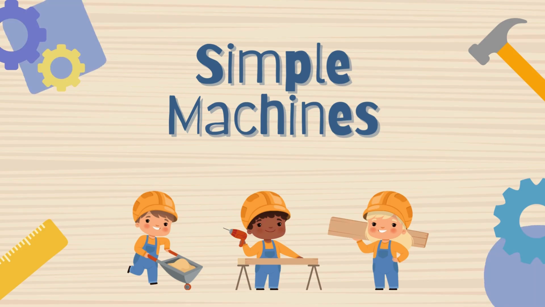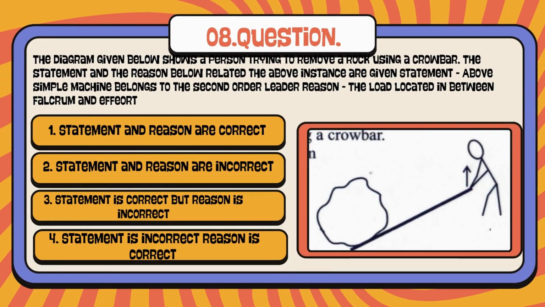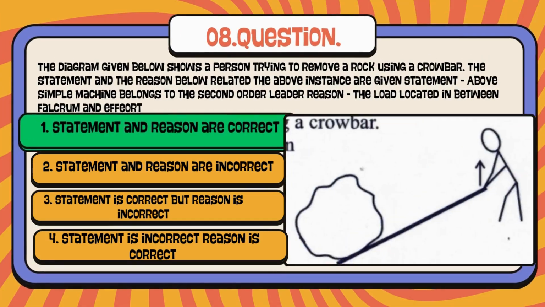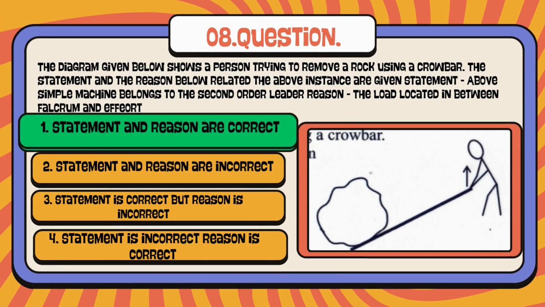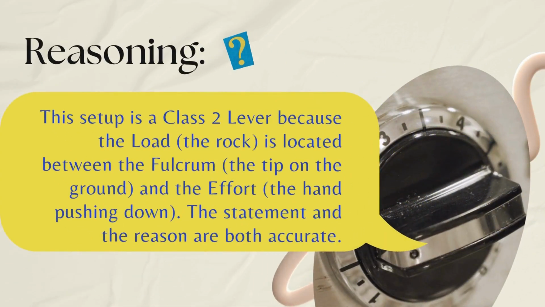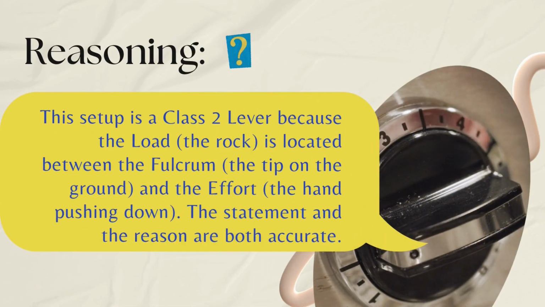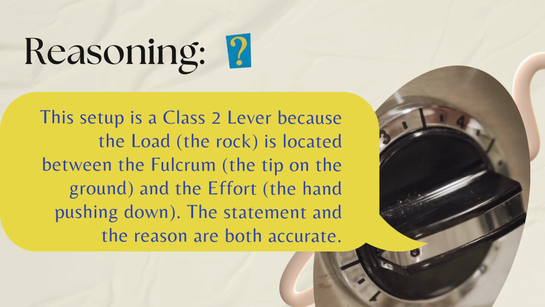Simple machines, levers. Question: the diagram given below shows a person trying to remove a rock using a crowbar. Statement: the above simple machine belongs to a second order lever. Reason: the load is located in between the fulcrum and the effort. Answer 1. Statement and reason are correct. Reasoning: this setup is a Class 2 lever because the load, the rock, is located between the fulcrum, the tip on the ground, and the effort, the hand pushing down. The statement and the reason are both